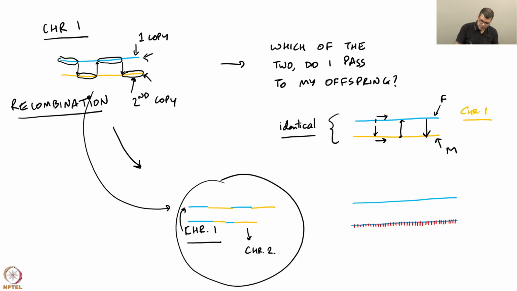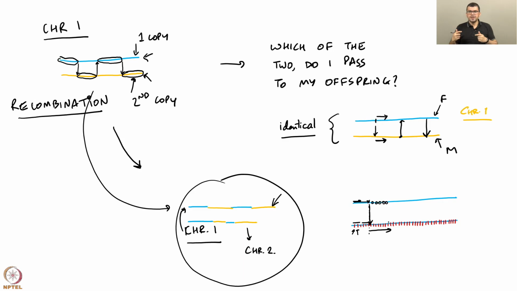Now as the process of generation of this hybrid starts, I start off from here, but it matters now whether I am copying from this or this template, because there are these mutations here. So if I am copying from here up until this point, what that means is that I have missed out on these 6 mutations, and then I switch, and now I am copying this, but then I am missing on the variation that is here, because these two are non-identical.